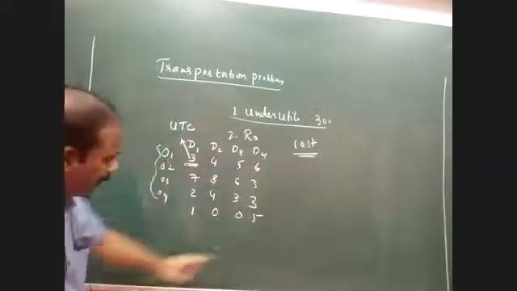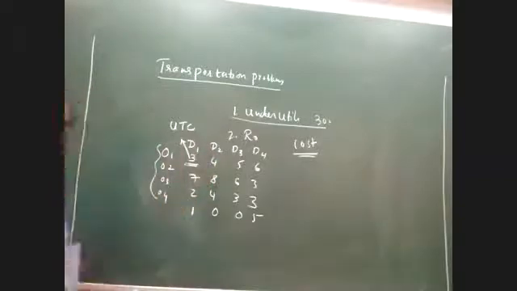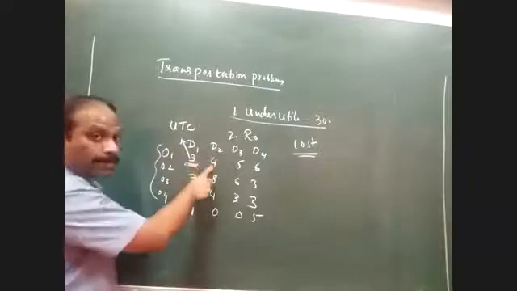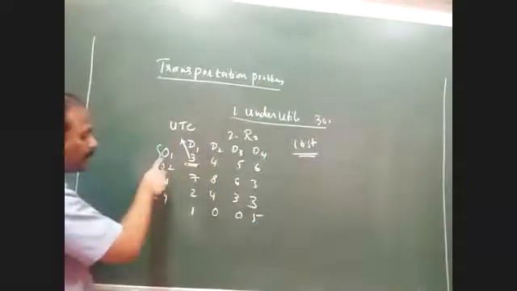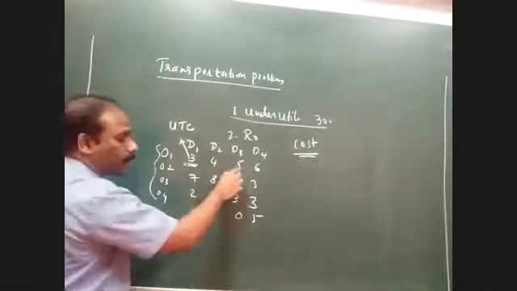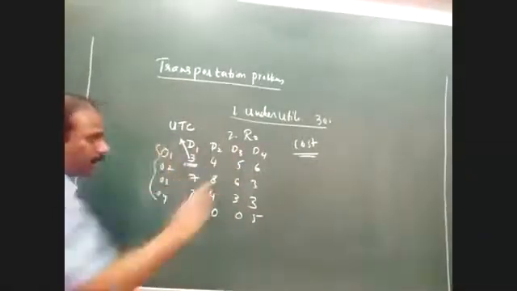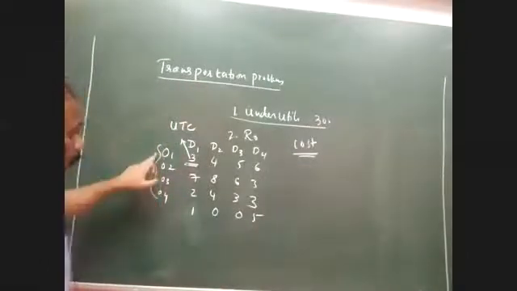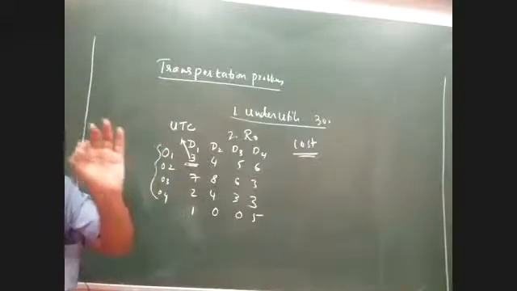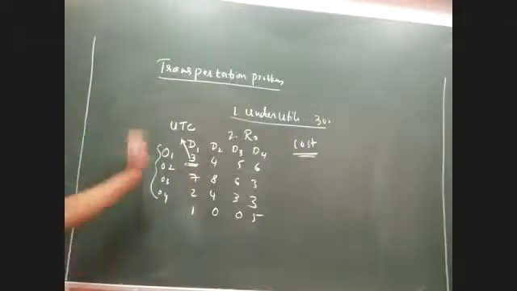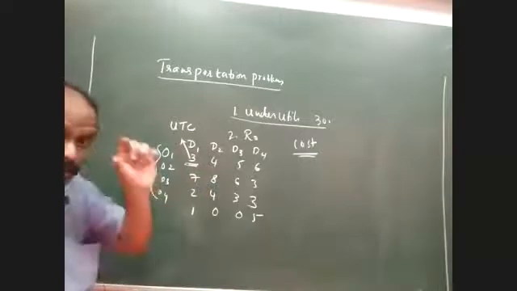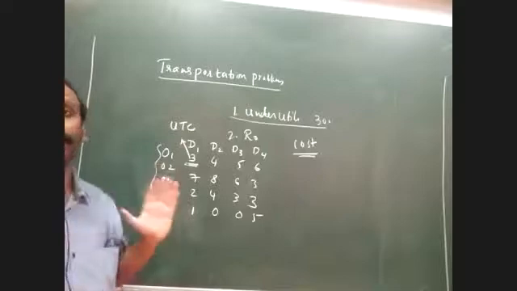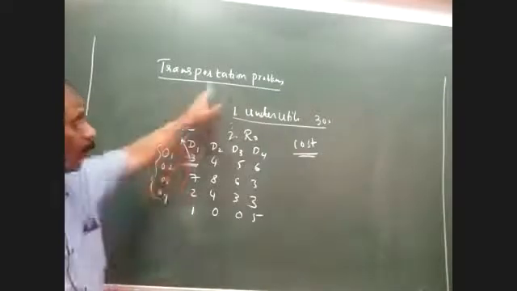Likewise, if you look at the entire matrix, there are different permutations and combinations. If I'm consigning a product from O1 to D2, for every unit it will cost 4 rupees. If I'm sending from O1 to D3, it will cost 5 rupees. Now there are different possibilities given in the problem. With the help of the transportation problem, I am supposed to identify which pair of origin and destination is best for me, by selecting which particular pair of O and D the overall cost can be made minimum. This is the primary objective of the transportation problem.